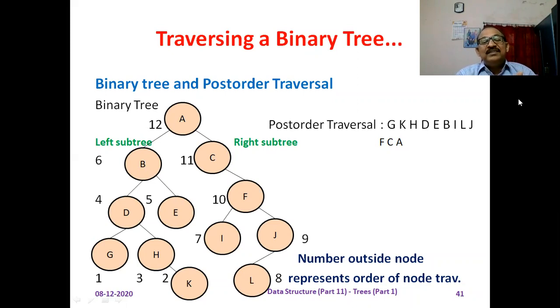Next, we process the right subtree of D. What are the suspended activities? The right subtree of D is a suspended activity, and after that, the root node D. The control goes to the right subtree of D. At this time, H is the root node. We call the post-order traversal with the left subtree of H. Here you can see null.